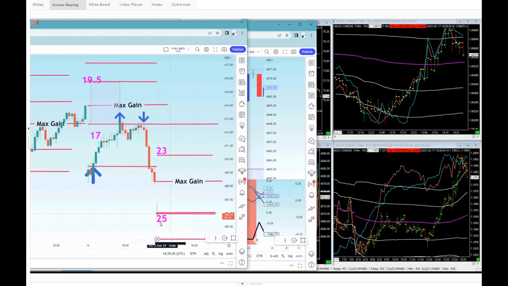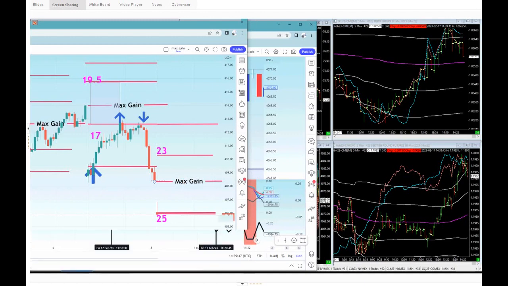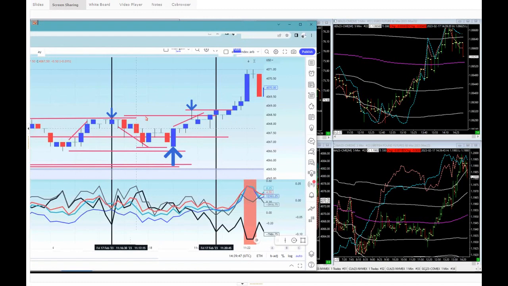So they've got a big decision to make here. Do they hedge by selling stocks? Or do they try and defend the level by buying stocks back to the maximum gain level? That's the decision that the dealers have to make right now. And what are they going to do to make that decision? They're going to check their value. They're going to check to see whether the pressure's coming in on the buy side or the sell side. And they're going to try and come up with a trade here. They're going to try and come up with an idea.